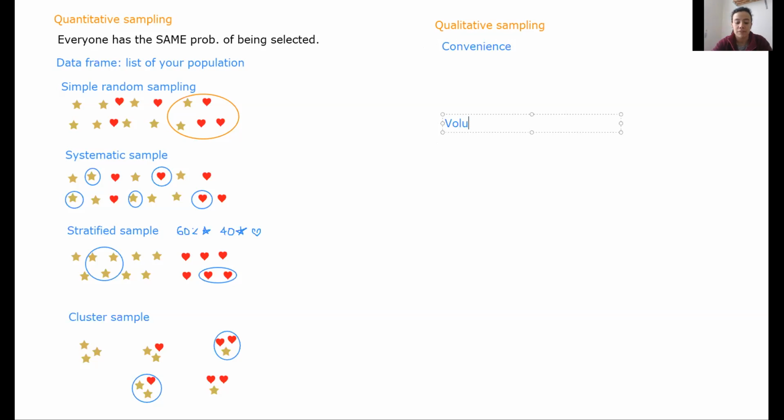Voluntary response sampling. Everybody knows what this is. And then, actually, I'm only going to talk about purposive sample and about snowball sampling. Okay, so convenience sampling,